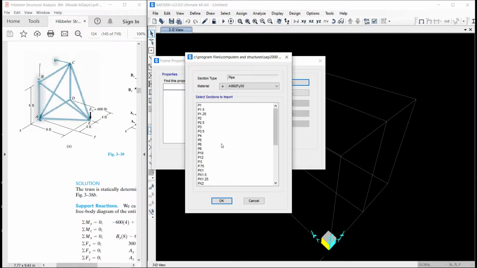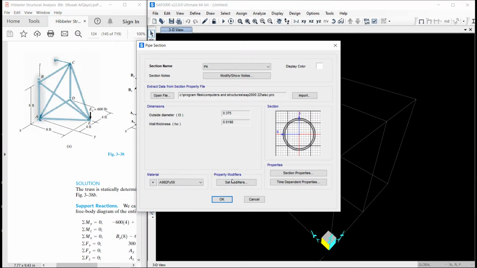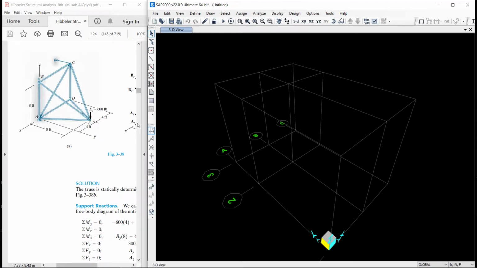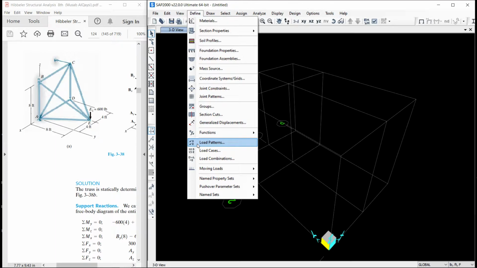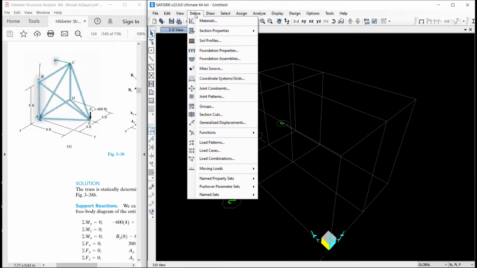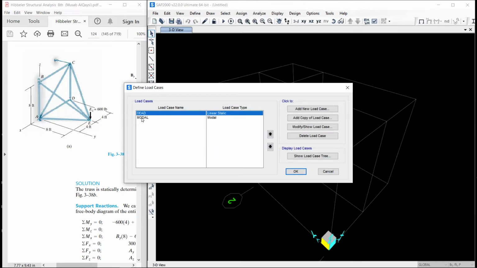Okay, let's use 4-inch standard dia pipe. Let us define the load pattern. Only one load pattern. Let us define the load cases. We are not interested in modal load analysis. We will delete this one.